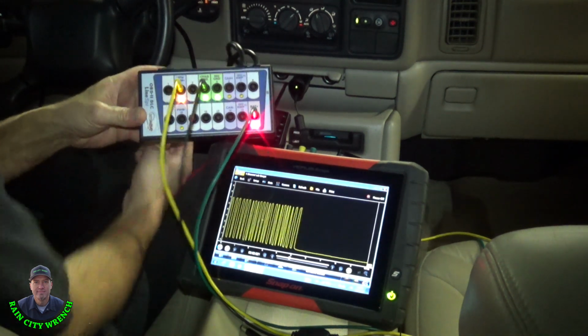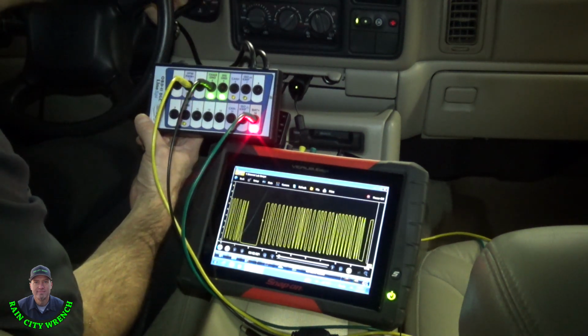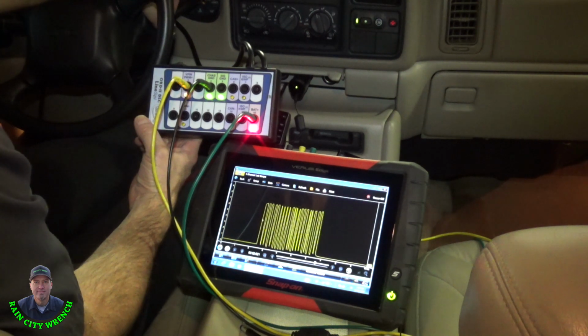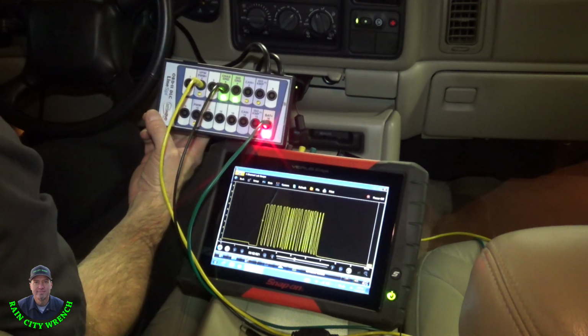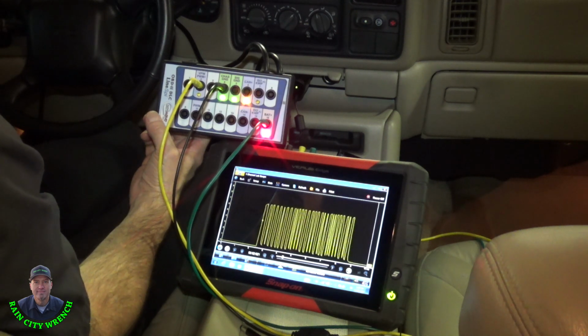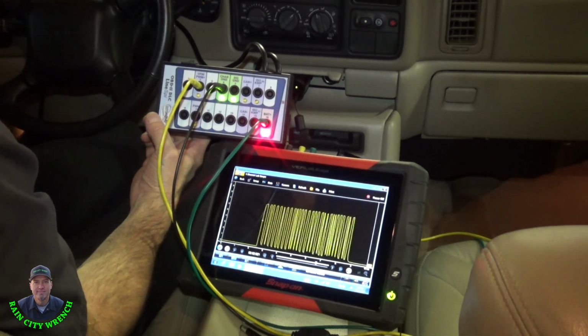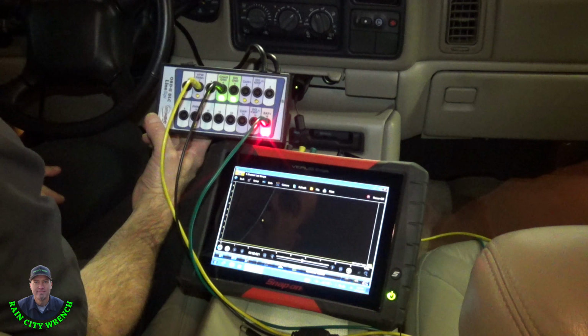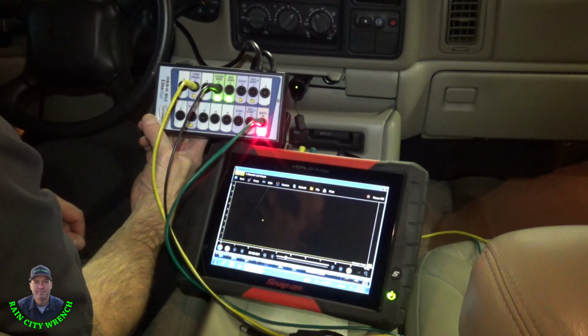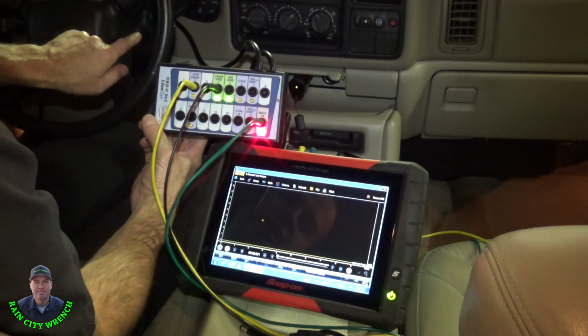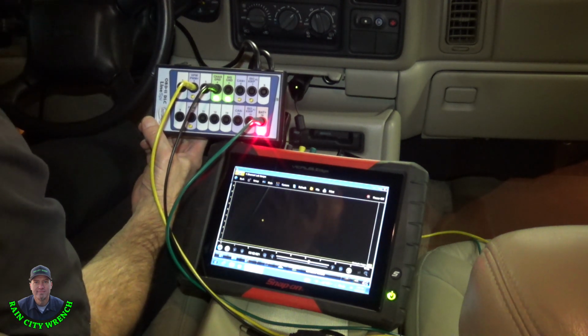Watch when I shut the vehicle off. So it's still talking. Let me open up the door and shut it. So there it stops. I bet you if I push this key in or pull it out, it'll